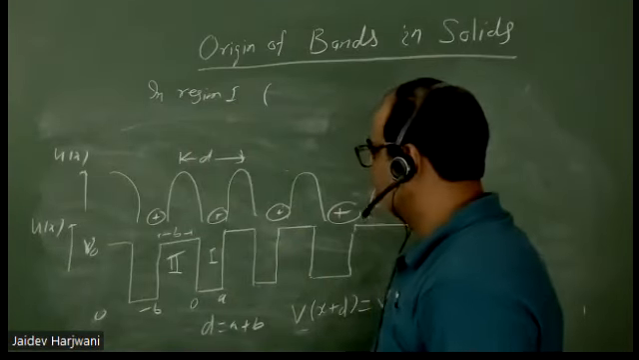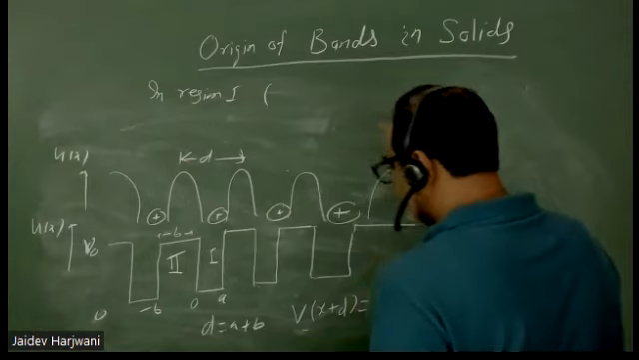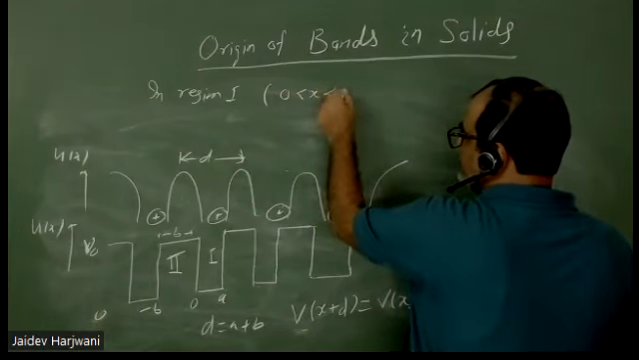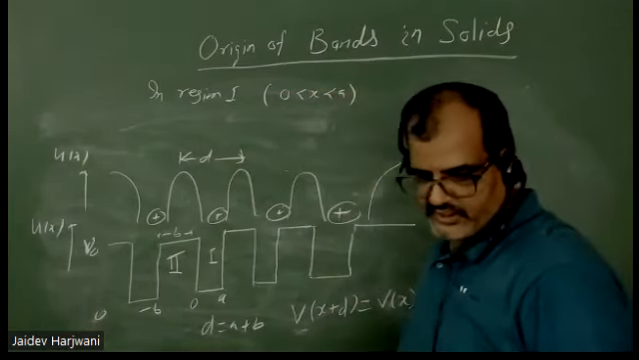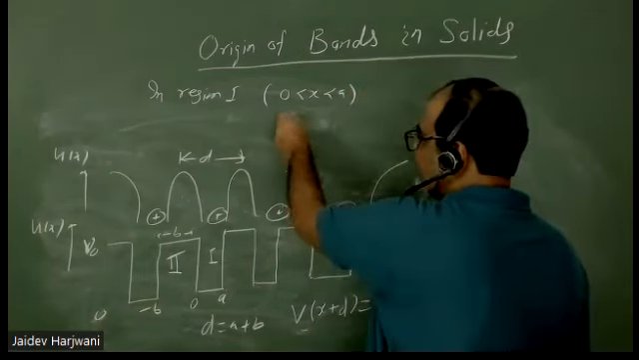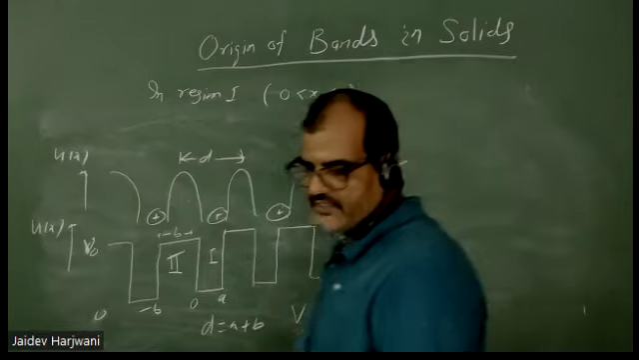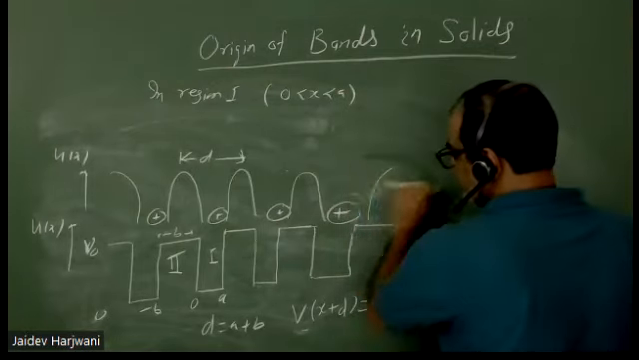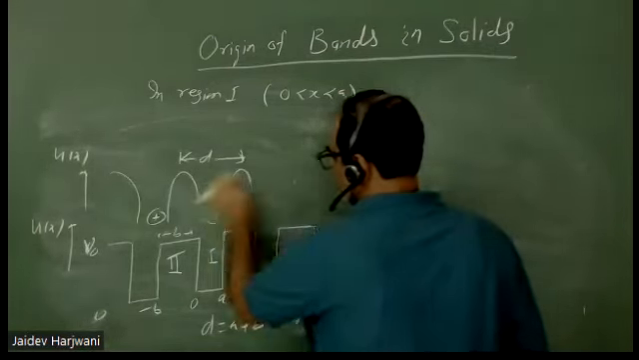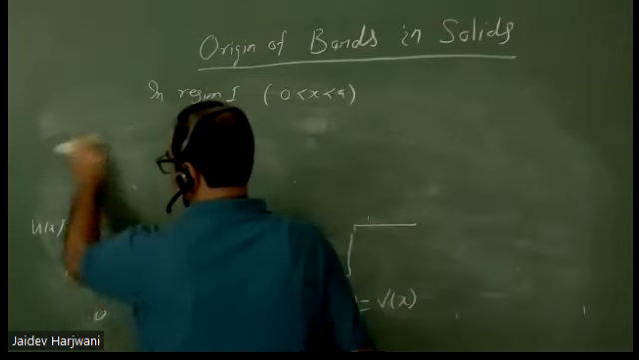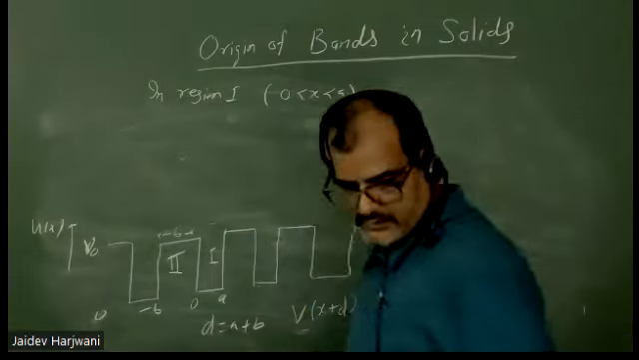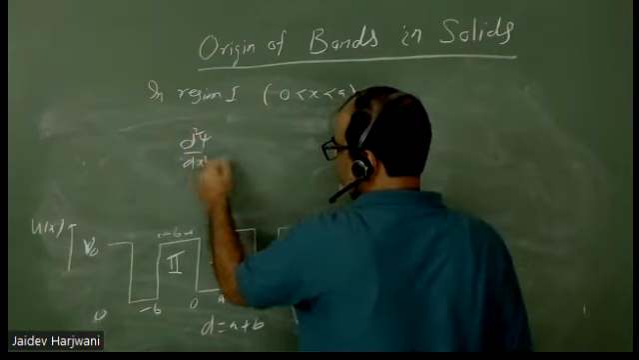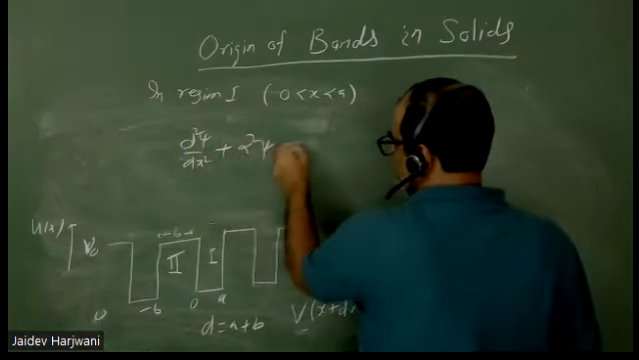Okay sir. So now in region 1, what can I write? Region 1 is when your x is between 0 to a. If I want to write my Schrodinger equation, what will the Schrodinger equation be in region 1? What is the potential inside? It becomes a free particle. So if I want to write the Schrodinger equation, it will be d2 psi upon dx square plus alpha square psi equals 0,